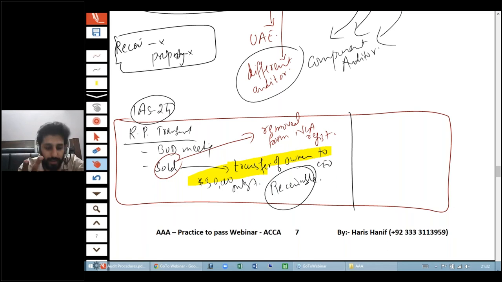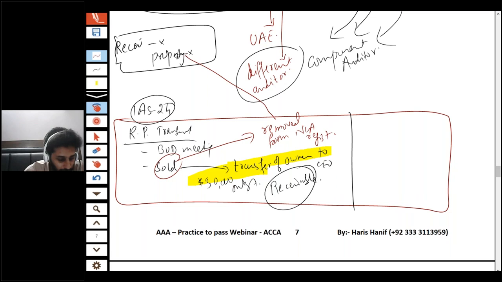This will give you double marks, right? Receivable, and the property should be removed from the NCA register. It should be removed from the NCA register, right? At the date of disposal. And according to IAS 24,